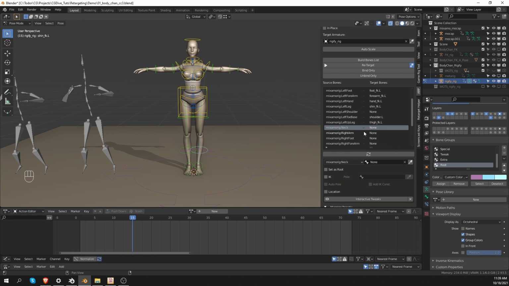Now I want to map the neck of the target rig, and we have a neck control bone in the Rigify rig. So I'm going to use that. And here's something that you could do. Go to item